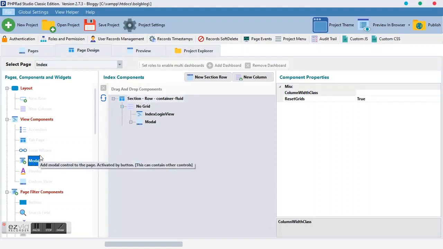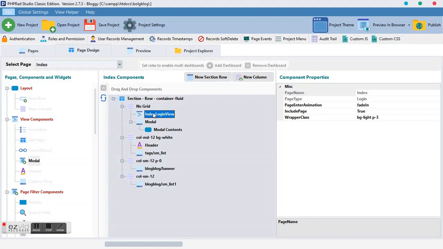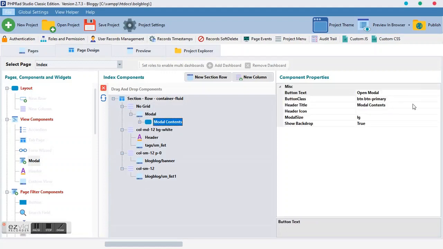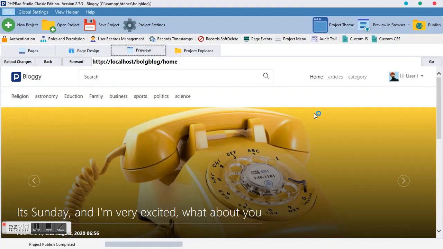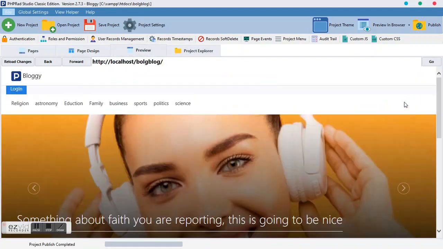You can take the columns, come over, put some modal content and drag this index stuff into this modal content and take away the open modal. You can simply type log in, and the header title, take it off. This LG, we want to make it MD, and we want to show this thing and call this thing my-ui.btn. I'll show you why I give this class, but for now let's view it and you will see for yourself what will happen. So let's log out,